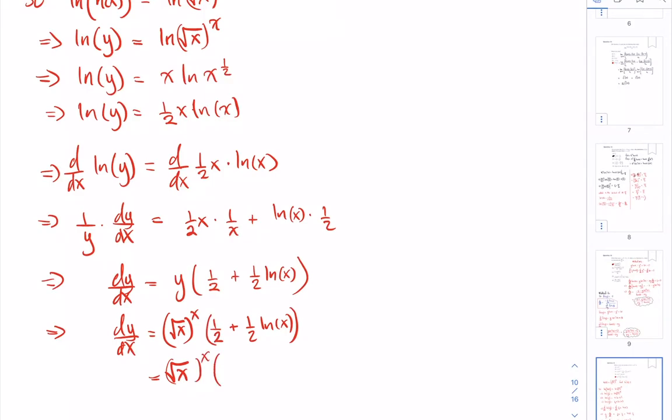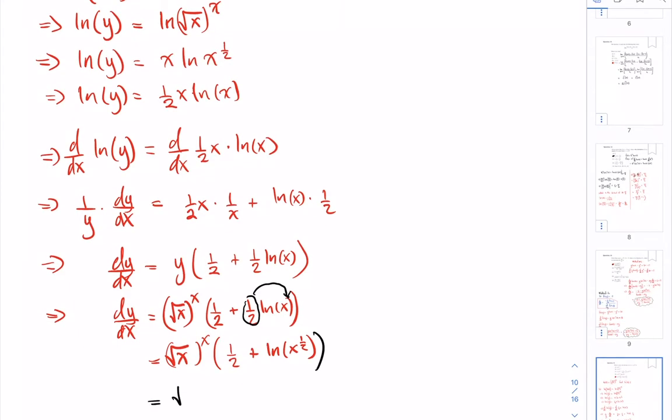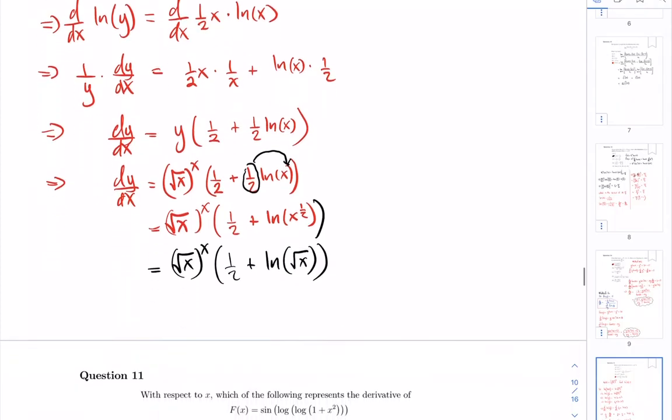Raised to the x power times half plus ln of x raised to the half power. So here I can reverse this procedure, right? If I'm multiplying by a constant, I can raise that to the power of x. So I can raise x to that power, okay, in the log. So therefore, we still end up with square root of x raised to the x times half plus ln of the square root of x. All right. Now that solution could have been produced using other methods, but here we just went with what was